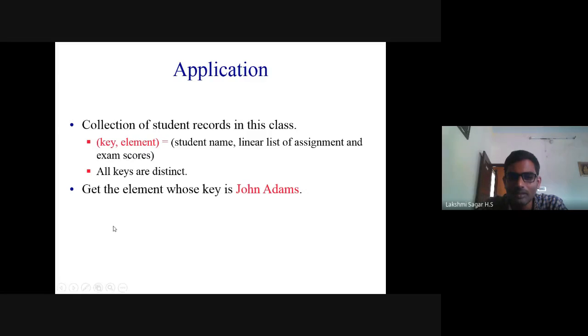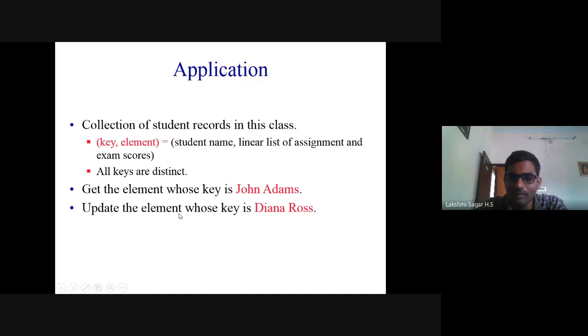To get the element whose key is John Adams, where the key is a student name, you can use get.